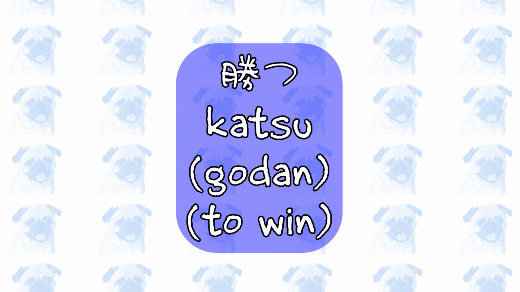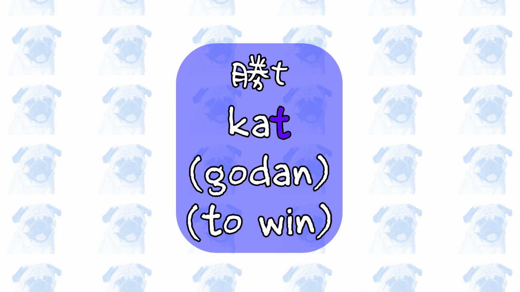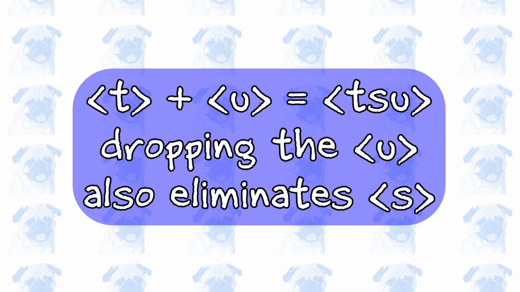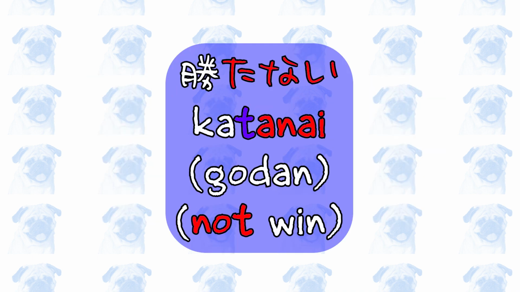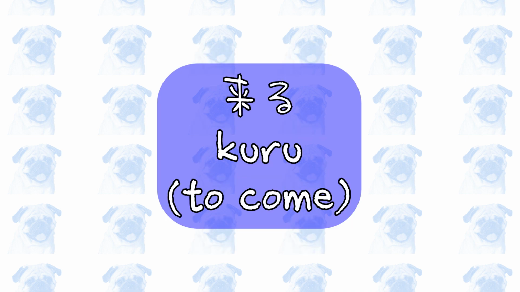勝つ, to win. This is a 語段 verb, and it ends with a consonant plus う. Therefore, remove the う and add あない. However, remember that dropping the う also eliminates the s from つ, so the ない form of 勝つ is 勝たない、勝つ、勝たない。